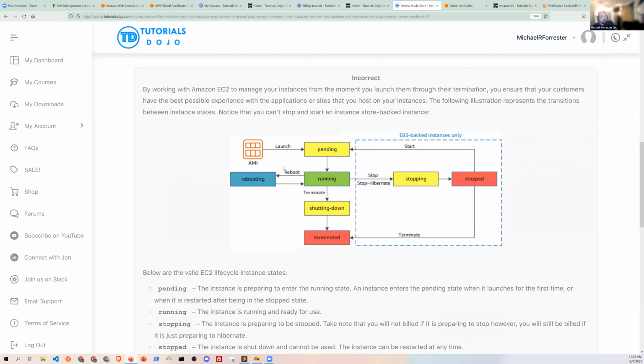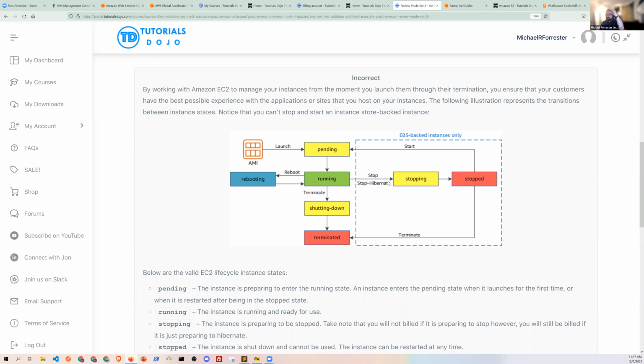So here are the states, by the way. When you launch it, it starts in pending, and then eventually it hits running. Then you can either reboot it, shut it down, or stop it. Now, rebooting is a transitory action. So is stopping, so is shutting down, meaning they are changing states. But remember, rebooting is just going to come right back up, so it should come right back to running. So there are 3 transitory states: stopping, shutting down, and rebooting. And then there are end states, which are either terminated or stopped.